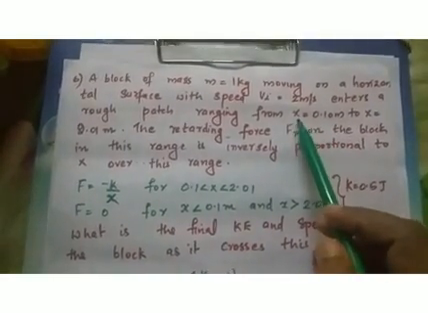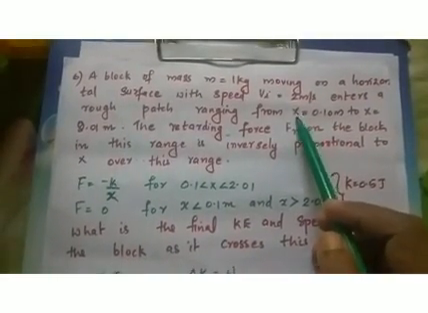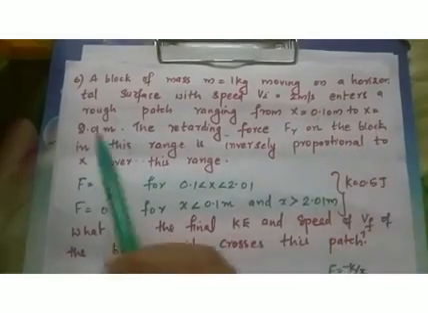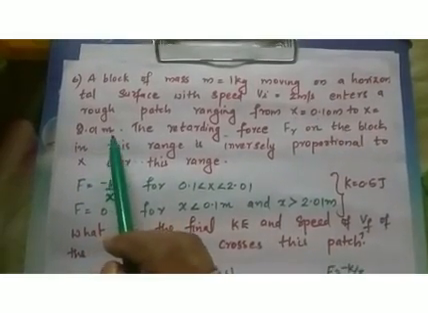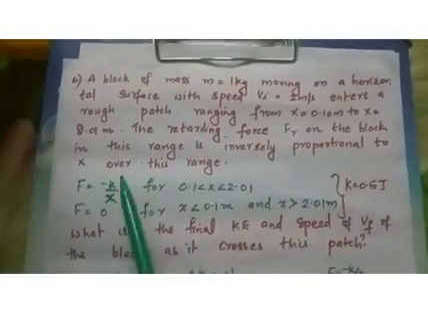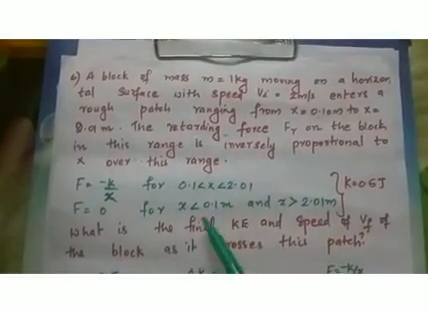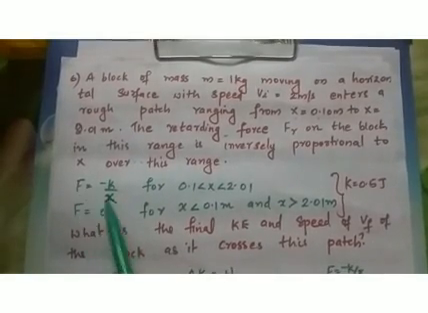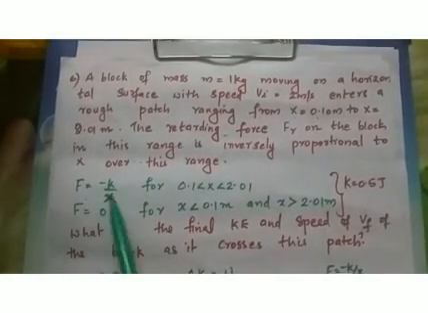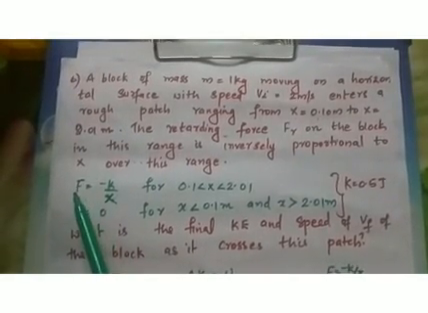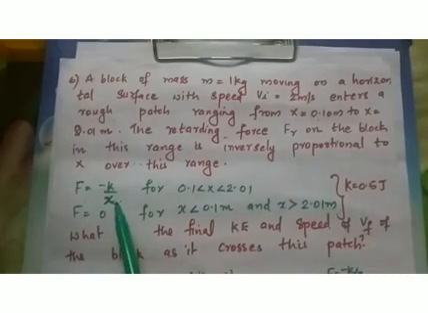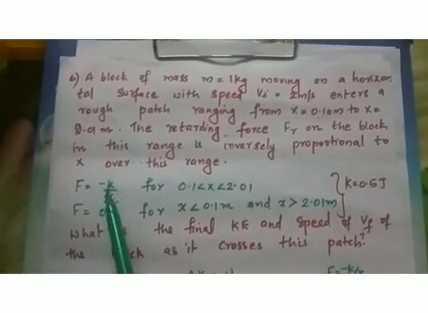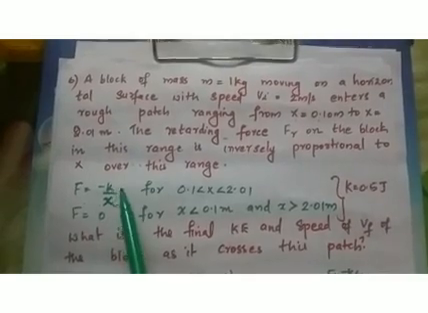That means between x equal to 0.1 meter to x equal to 2.01 meter, the retarding force on the block is inversely proportional to x. That is F is equal to minus k by x. This is the expression for inversely proportional to x. As per this expression, force is inversely proportional to x. X is in the denominator and also it is opposite to the